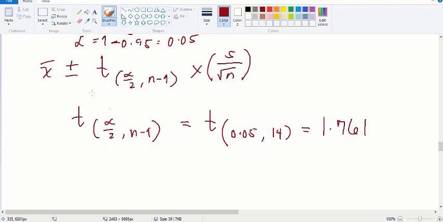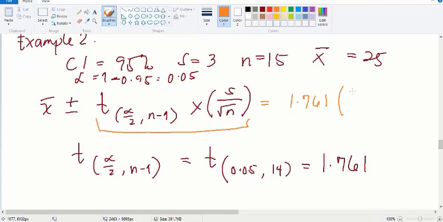This is what I got, guys. So, 1.761 times, what is the S given? 3 over the square root of 15. So your EBM, or margin of error, using the calculator, is 3 divided by the square root of 15 times 1.761, which is equal to